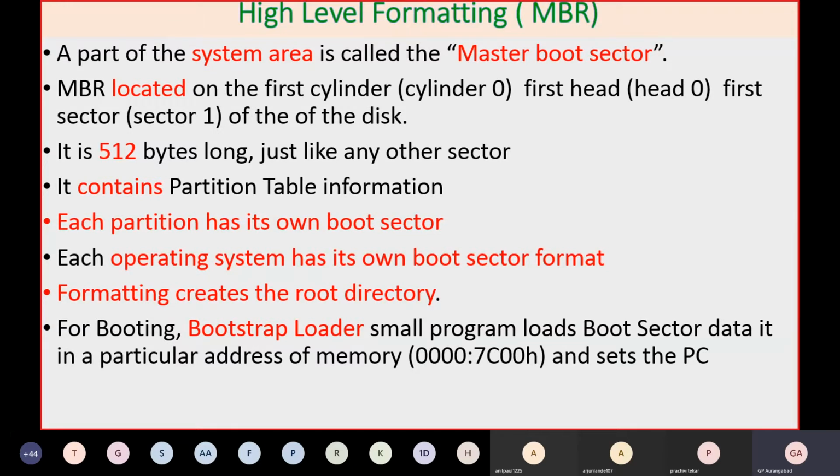It contains all the partition table information. It also contains what types of file systems you have used, the structure of the file system, and other important aspects of the file system, like the allocation unit, the clusters, and the size of the clusters.